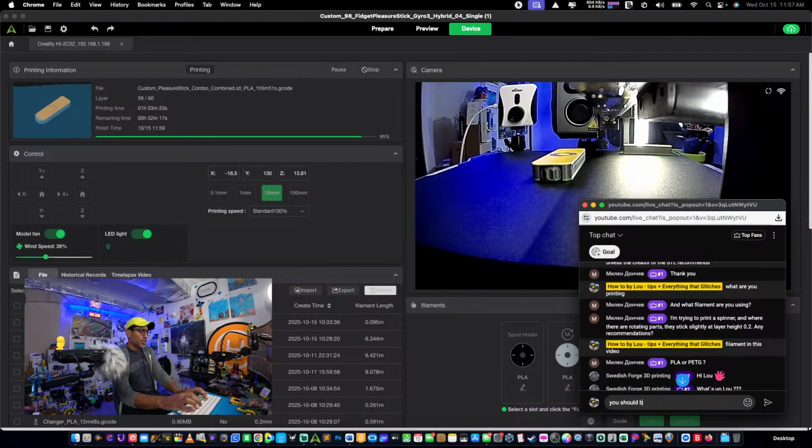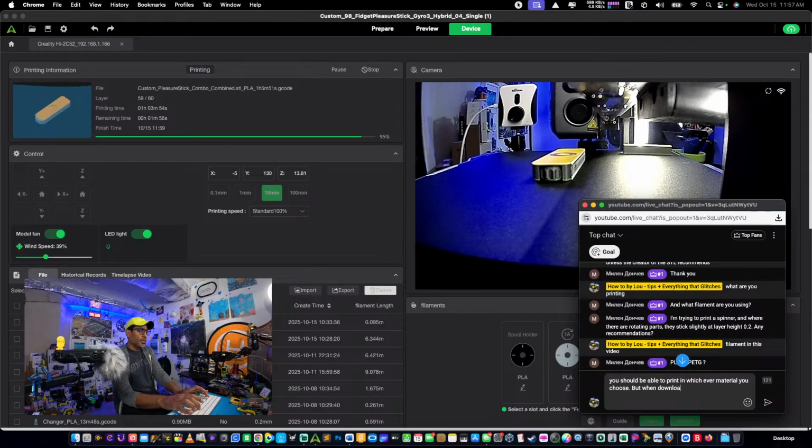You should be able to print in whichever material you choose, but